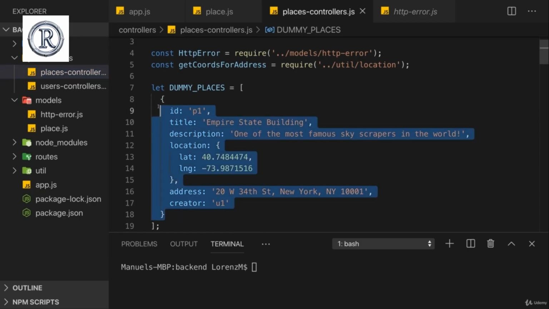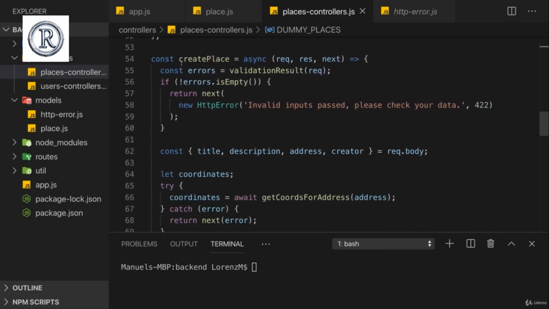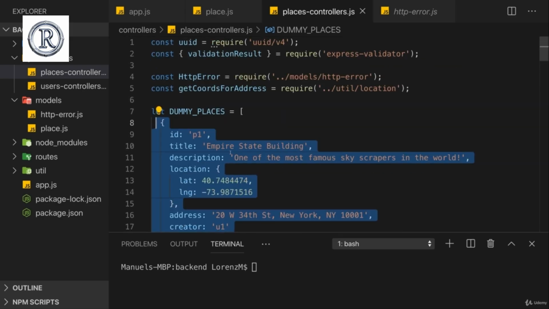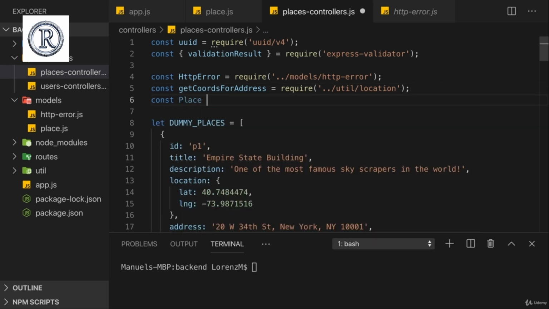Here we have the dummy places. We won't use these at the end of this module, of course. And if we go down a bit, we have our createPlace constant. This is what we should focus on now. As we want to use our newly created Place model though, we first have to import it. For that, up here, we import Place, again with a capital P, as this will be a constructor function. And this requires our